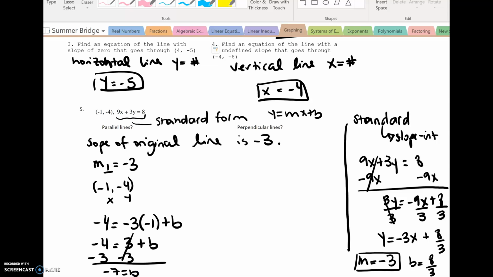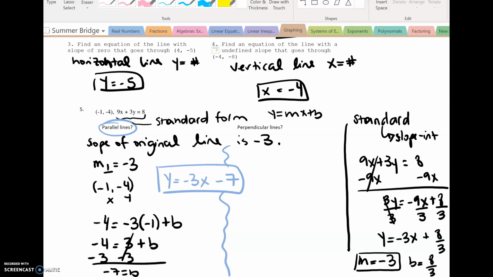So my final equation here for parallel lines is going to be y is equal to my slope, negative 3, x, and then my b value, which is negative 7. And that is the equation of the line parallel to my original line of 9x plus 3y is equal to 8 that goes through the point (-1, -4). So now let's talk about